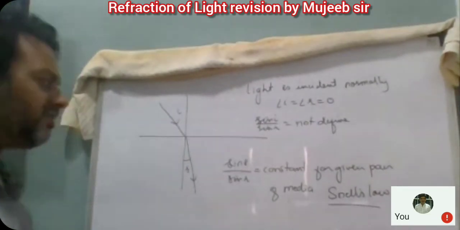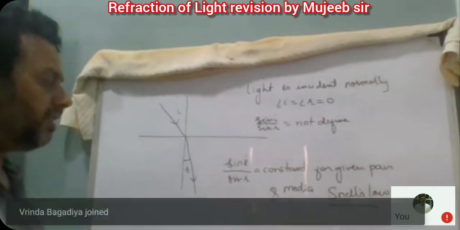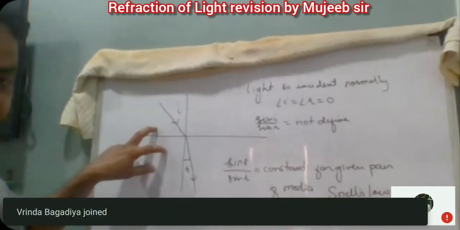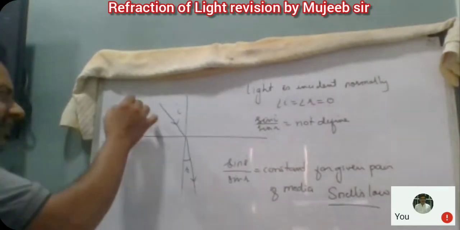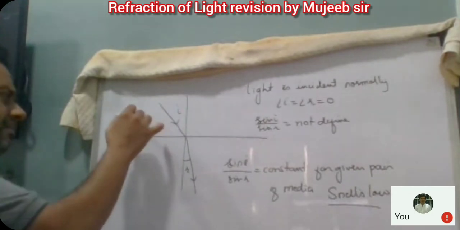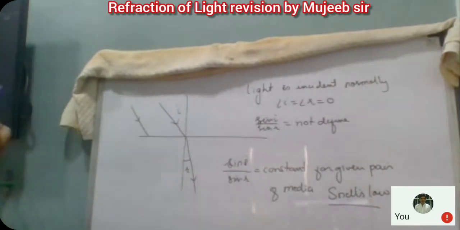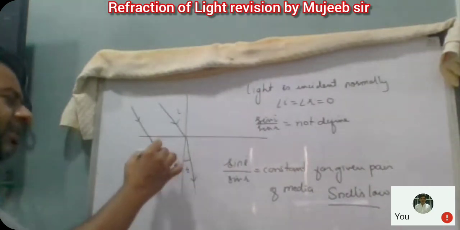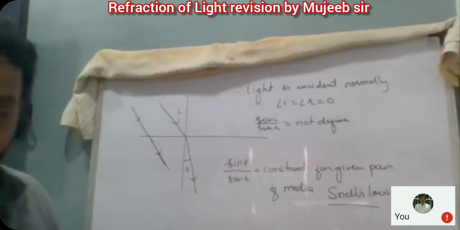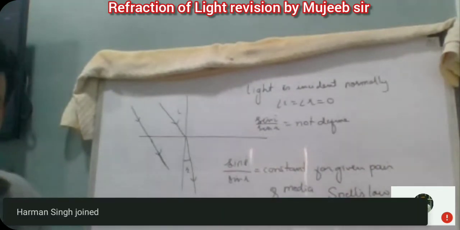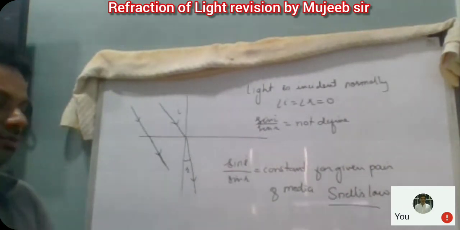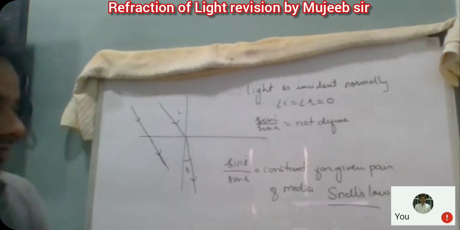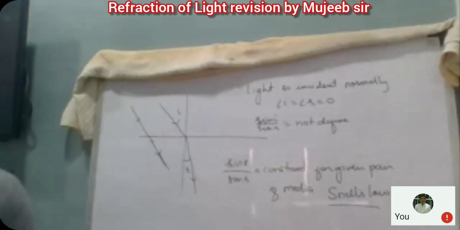The second condition when Snell's law fails is when the two media have the same refractive index. A ray of light will strike the surface, but because the refractive index is the same, it won't change. It will continue to move in the same direction. The medium changes, but the light does not bend, and it continues in the same direction. So Snell's law fails in these two conditions.